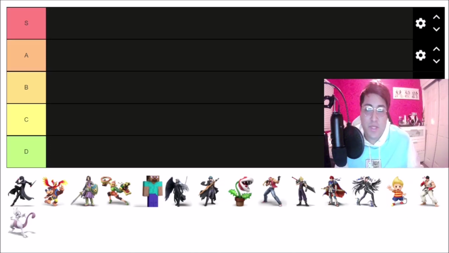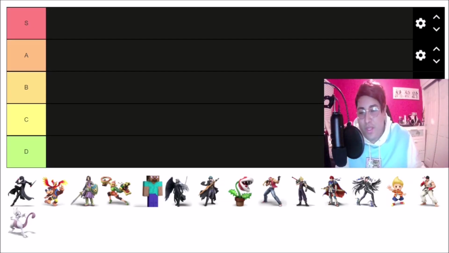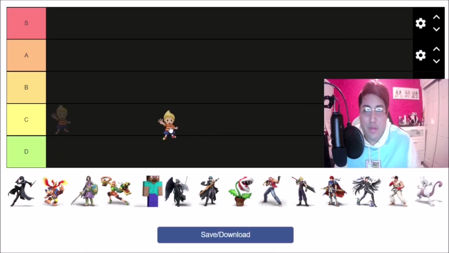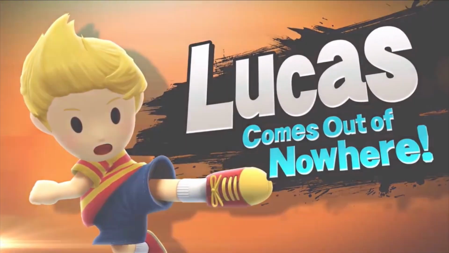But when Lucas returned in Smash 4, I wasn't really hyped. I just thought, oh, that's pretty cool. You know, Lucas is coming back to Smash, and that's actually pretty rad. But I never got overly excited, especially considering that not a lot of Smash 4 reveals were as exciting as they are in Ultimate. So considering all that, as much as this hurts, I'm going to put Lucas in C tier. And that's basically because, like I said, Lucas is a cool character, but when it got revealed,